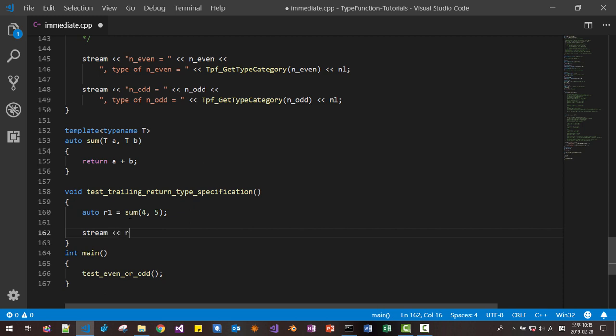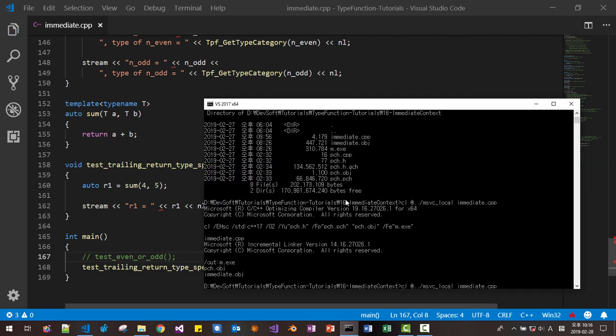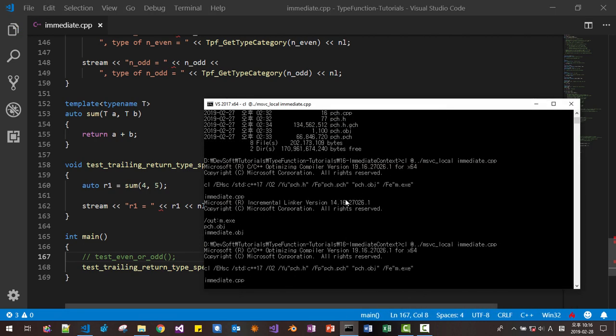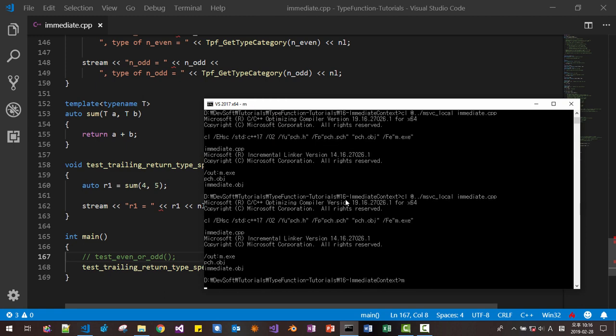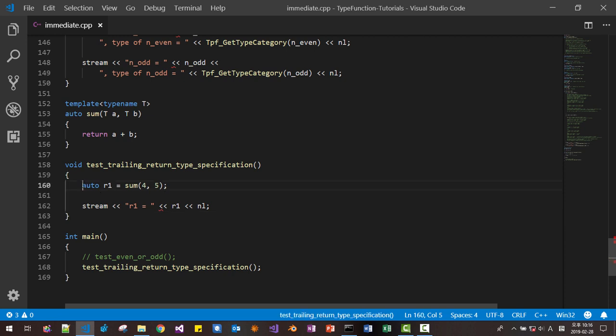Stream r1 equals r1. Now we call this function. I will copy, I disable it, and we compile and run. Okay, it works properly.